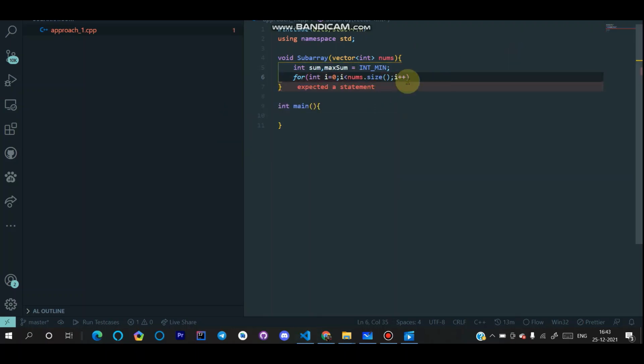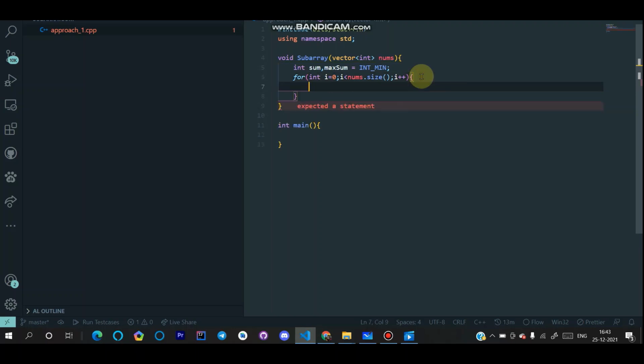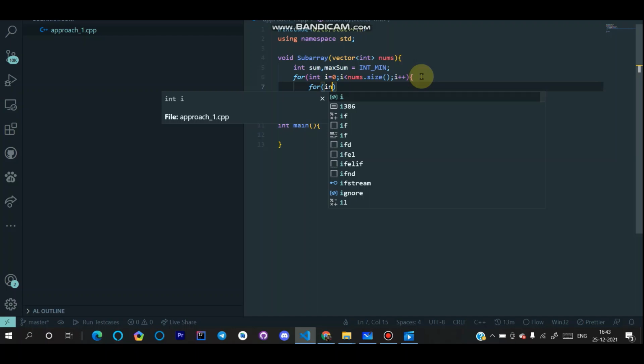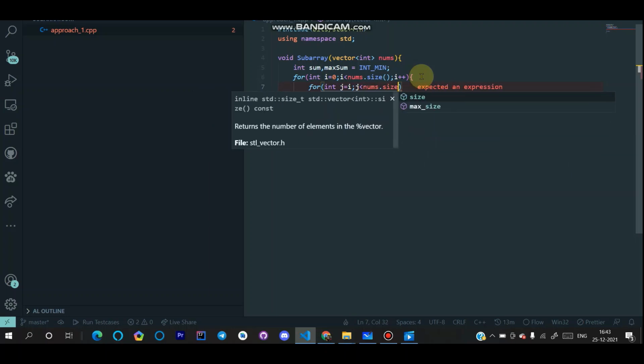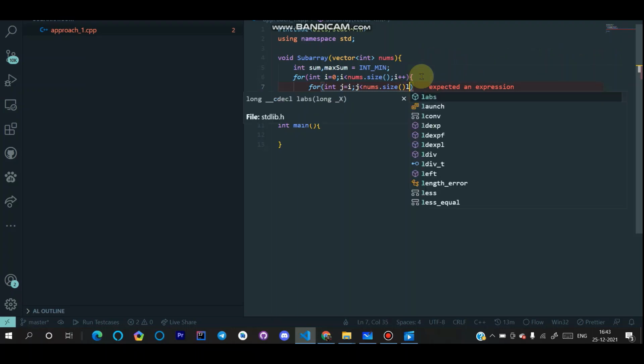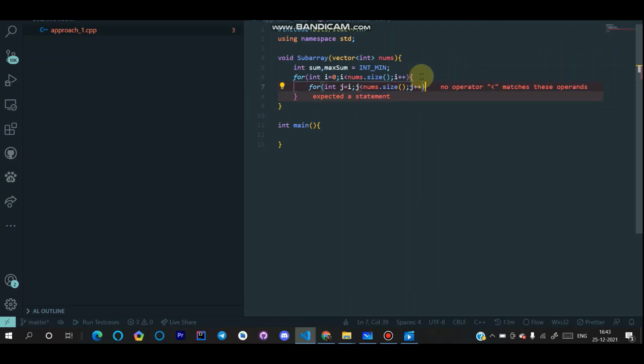We would declare another loop inside it, for int j equals i. We would be starting with i because every time we shift by one position for the subarrays. Okay, j less than nums.size, j plus plus.